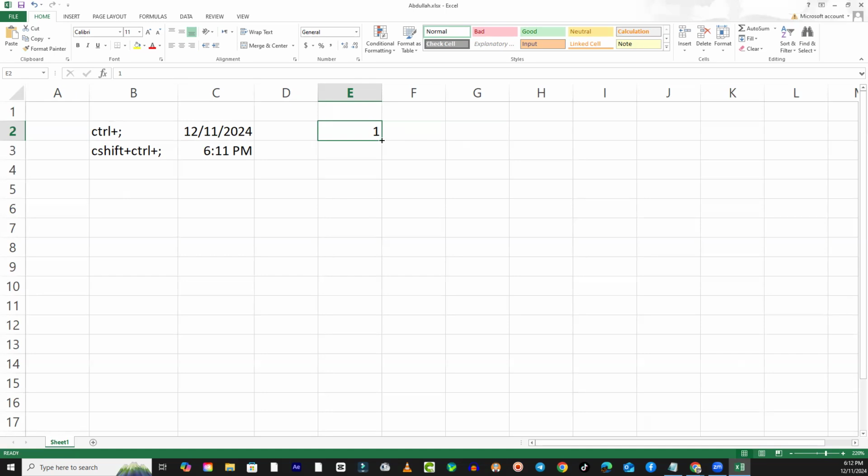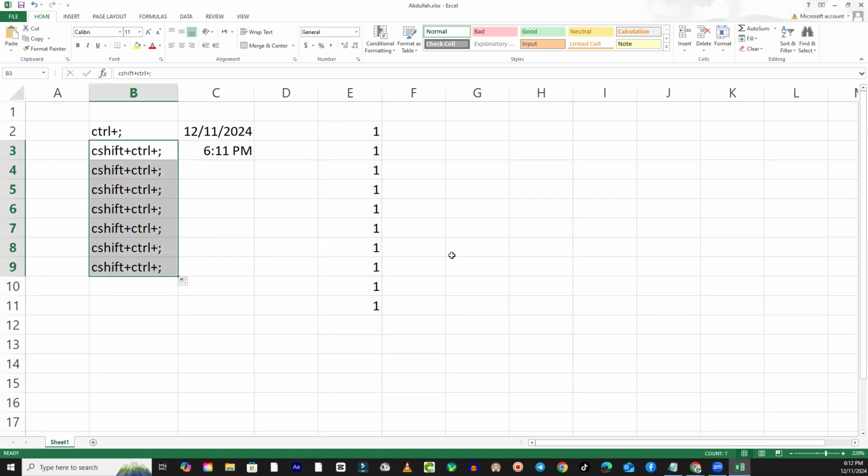Look, this one. If you hold down the left mouse button and drag it downward, it will copy it. Like this. It will copy it. But